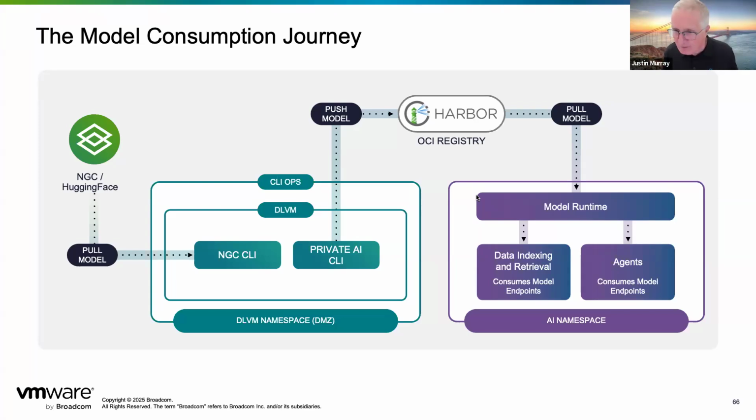Hugging Face is the global repository containing thousands of models, some of which are interesting for you to use. And you might use NVIDIA GPU Cloud's CLI here to pull down a model that is of interest if you're a data scientist. And we suggest that you bring that down into a deep learning VM that's in a safe namespace, a DMZ namespace to begin with, so that if that model is harmful in any way, its behavior will be controlled. Now, inside that deep learning VM, we're going to run a sequence of tests, and I'm going to show you some of these, that establish whether this model is a good model or a bad model.